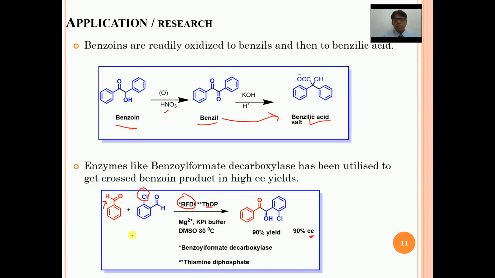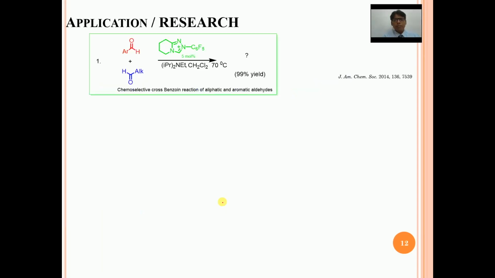One must remember that whichever is the first unit on which the carbanion attacks, that is going to be the carbonyl group of the adduct. And here the yield is 90% because we are using thiamine. Thiamine has nitrogen and sulfur. But when three nitrogens are used, that is called a triazole unit. So here the yield is much more, with high enantiomer selectivity.